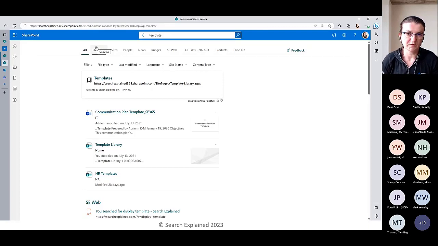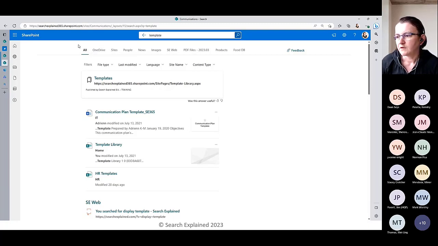Some companies do that. So wherever I am on the collaboration site, on the communication site, on HR, IT, wherever I am, if I do a search, I get the results from the whole organization and not only from this specific site. So that is an option. You can do that by PowerShell to change the scope